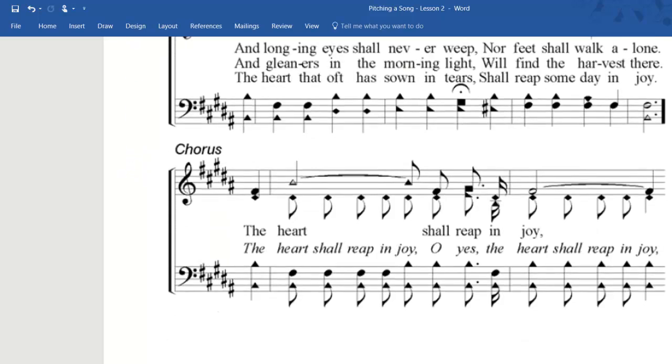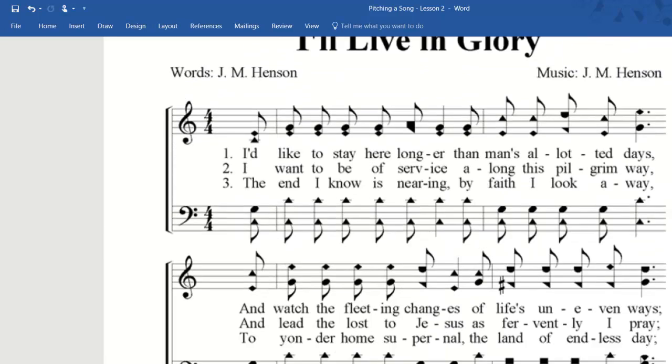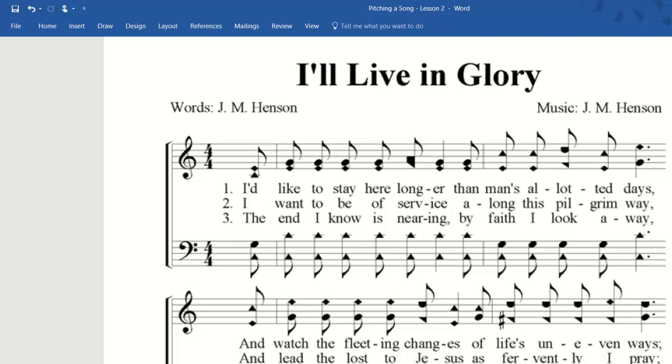Now, all those songs we just did started on sol. Now we're going to do songs that will start on mi. Alright, so in the last video we did songs that only start on do. We just did songs on sol. Now we're going to do songs that start on mi. Alright. So notice on this one, there's do. Alright, that is the third space from the bottom. F-A-C, so that means we're in the key of C. No flats or sharps, so the key is just C natural. Alright. My first note is mi. There's my mi right there. And it is low on the staff. So if I blow my lower C,